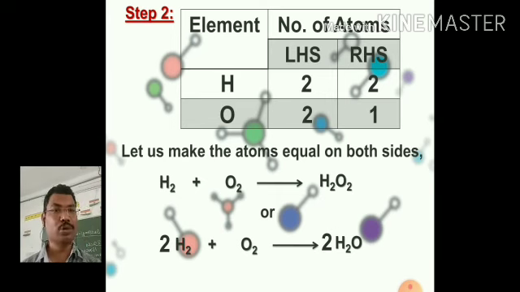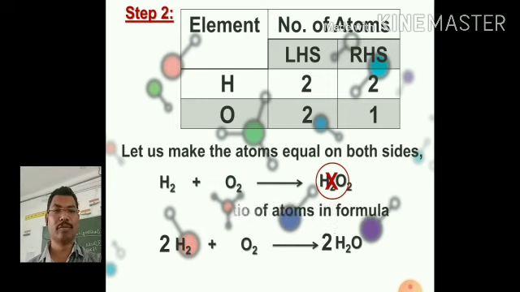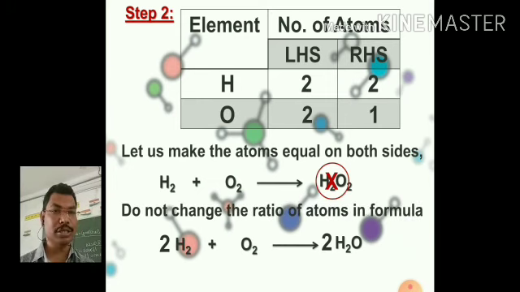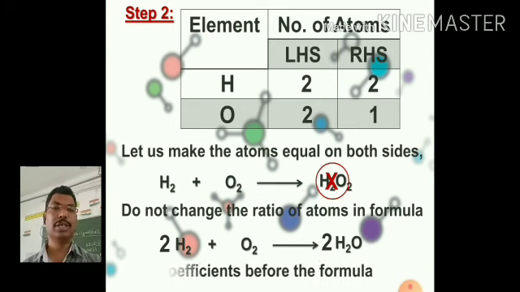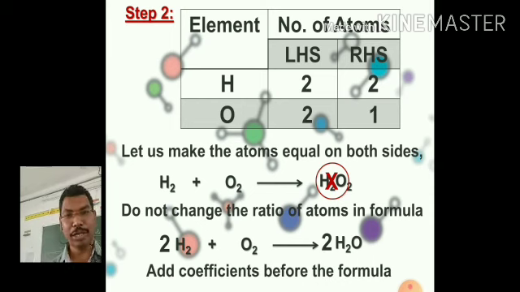Yes, we said now, do not touch the ratio. Here, in the water ratio, we have added one more. So that is the wrong method. Second one is the right method. Super. Do not change the ratio of atoms in a formula. If the formula is given, that is fixed. No need to change anything. Instead, to make a balanced equation, add coefficients.